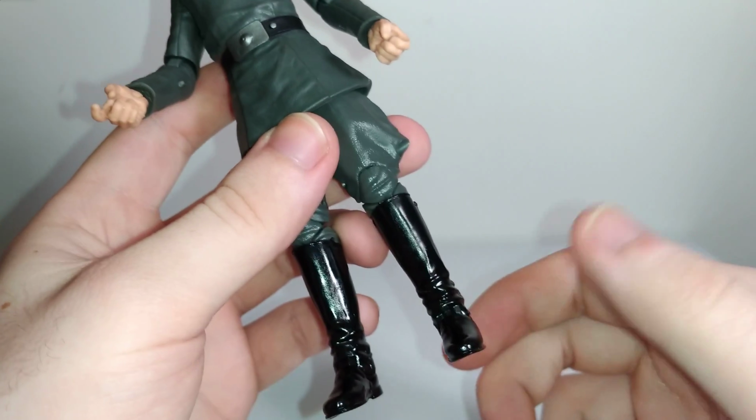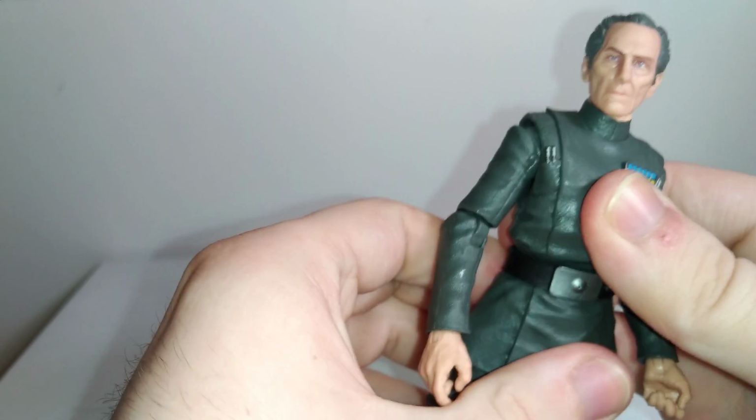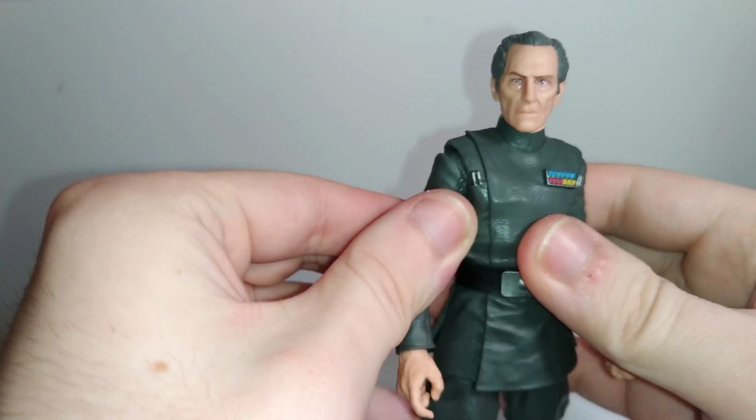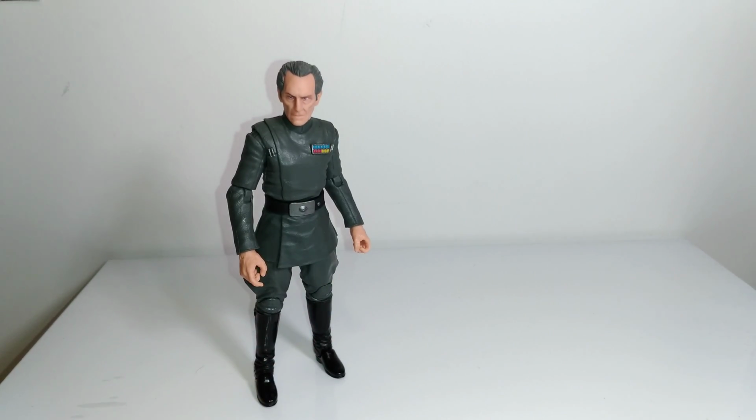Double hinges at the knees, and hinges at the ankles with rocker joints. So he has most of the articulation you want for this figure. Now, in terms of accessories, he does come with one accessory, which is a pretty cool one, and it is the